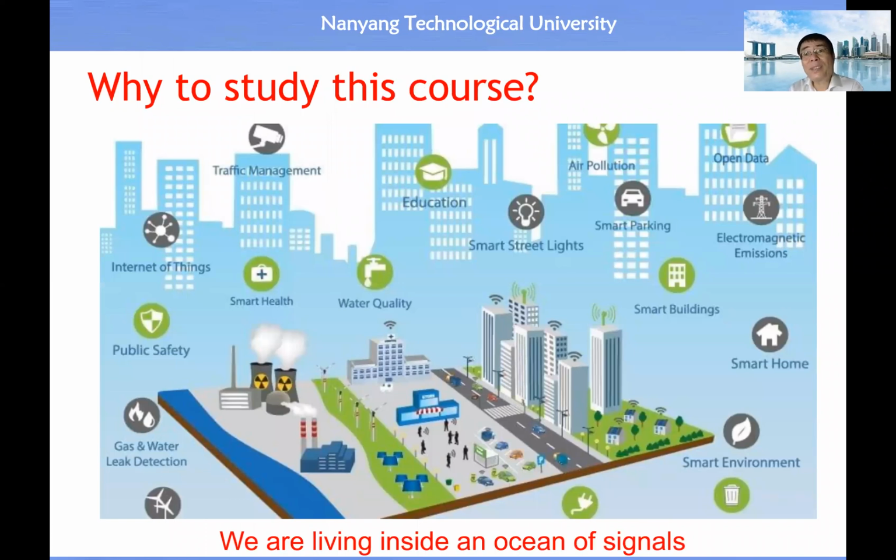Then as a student, you may always ask some common questions. Question number one, you may have in mind, should be why study this course, all right? The reason is because we are living inside the ocean of signals, and we are comfortable navigating inside the ocean of signals. Then for future machines, if we want them to undertake autonomous perception, autonomous decision making, and autonomous action taking, then we need an Internet of Things, which could be deployed in industry, in agriculture, in society, in hospitals, in schools, etc. The content of this course serves as a foundation of IoT,